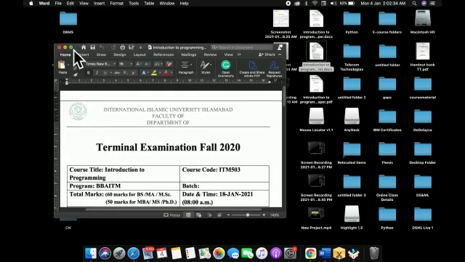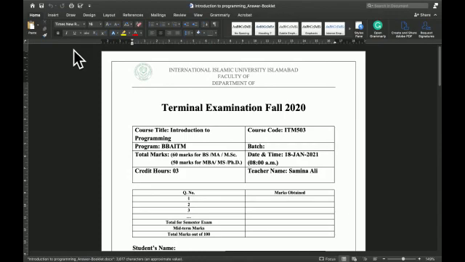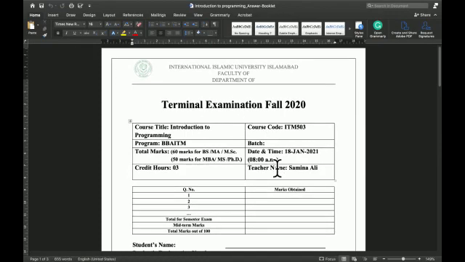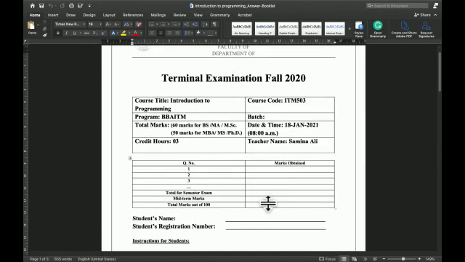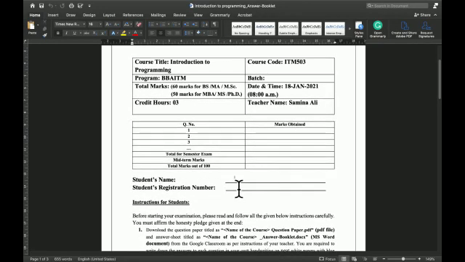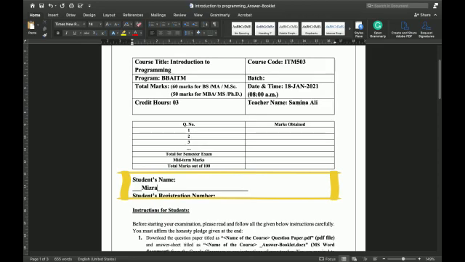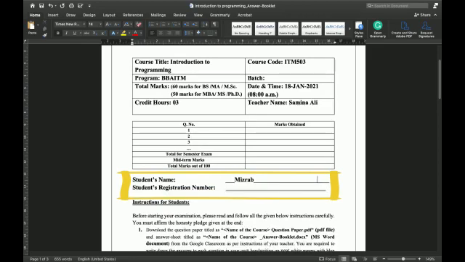Double click on it, make it enlarge. Okay, no need to make changes on the first part of the page as it is done by your teacher. Go to your student's name, write down your name over here. For instance, my name is Mizra. Just check the settings.